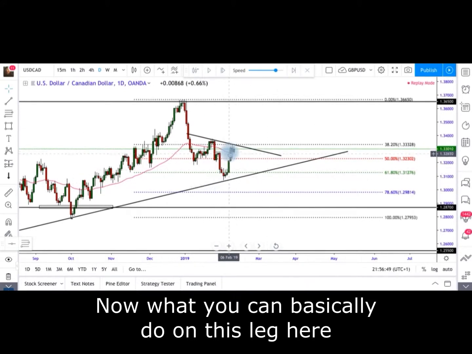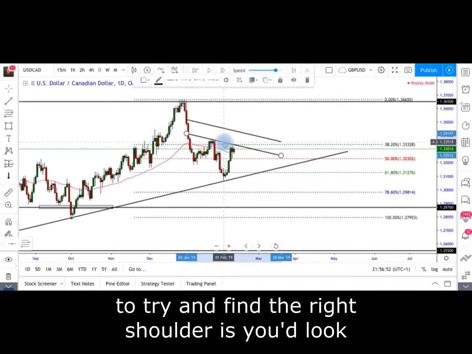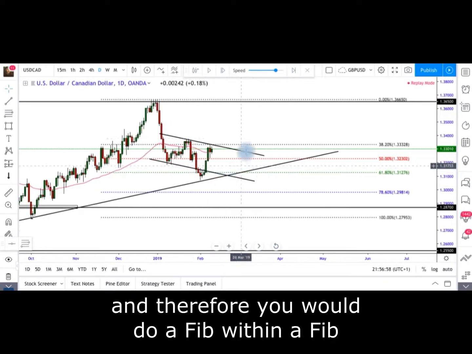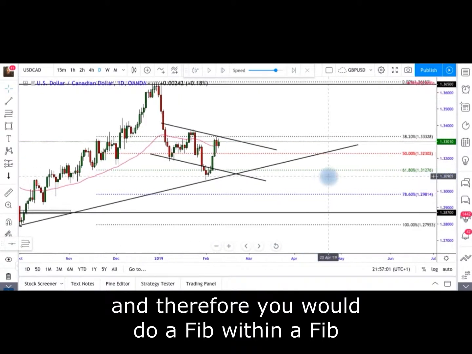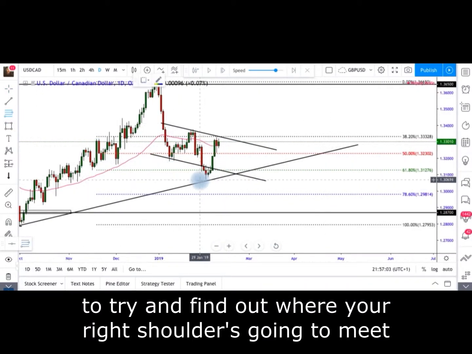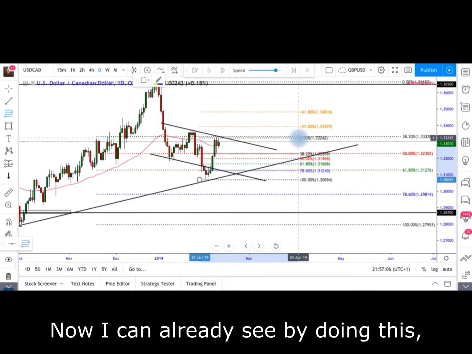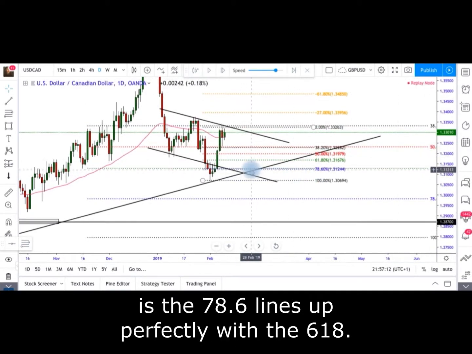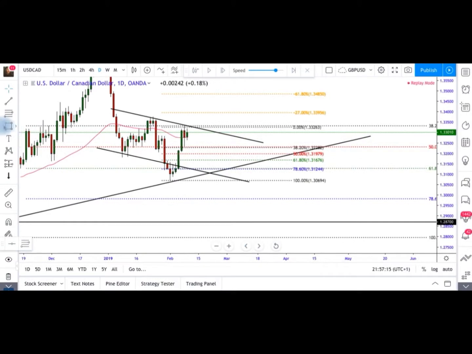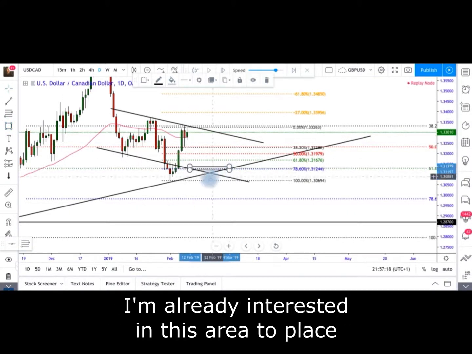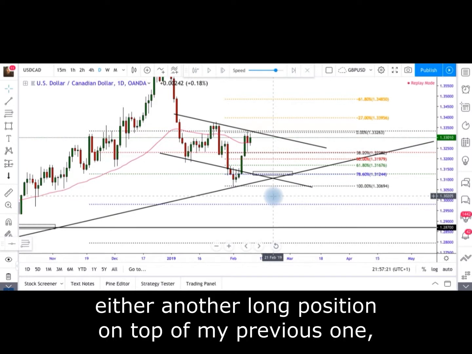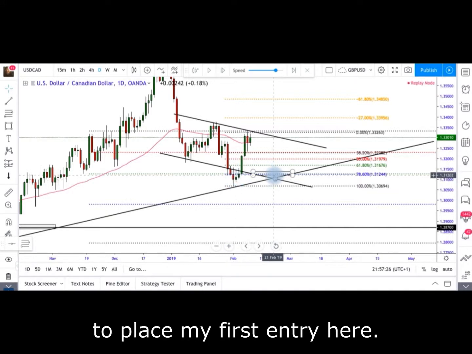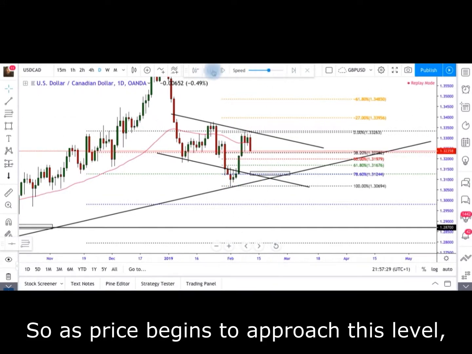What you can basically do on this leg here to try and find the right shoulder is you'd look for equal movements, something like this, and therefore you would do a fib within a fib to try and find out where your right shoulder is going to meet to place an entry. Now, I can already see by doing this, it looks a little bit messy, but the overlap is the 78.6 lines up perfectly with the 618. So when price comes back down to here, I'm already interested in this area to place either another long position on top of my previous one, or if I'd missed the first entry here, to place my first entry here. So as price begins to approach this level,